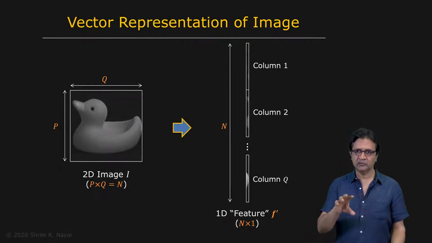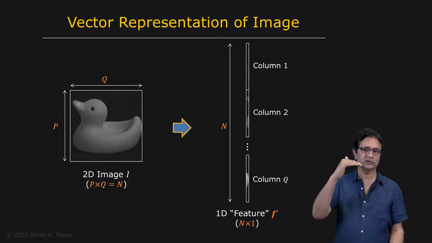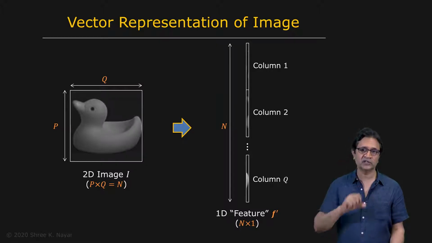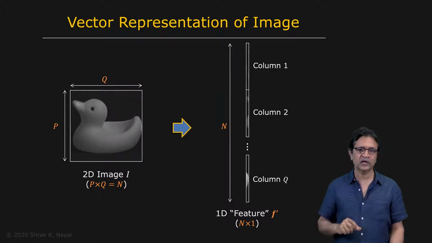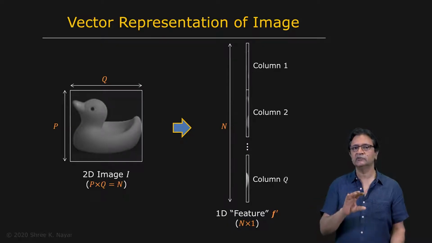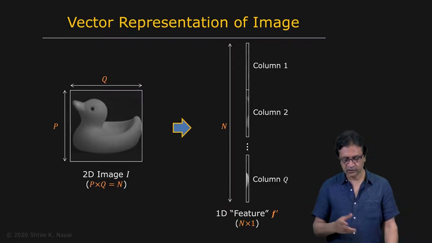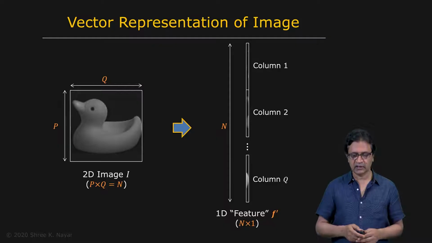Now, this mapping of an image to a vector can be done in many different ways. For instance, the way you scan the image can change. We have taken columns and stacked them up. You could take rows and stack them up. Or you can raster scan the image. Or you can even randomly sample the image. The only requirement is that whatever this mapping is from the image to the vector, you have to do it the same way for all images during learning as well as during recognition. If you do that, the results are going to be exactly the same. So anyway, we come up with a feature, we'll call that F1.